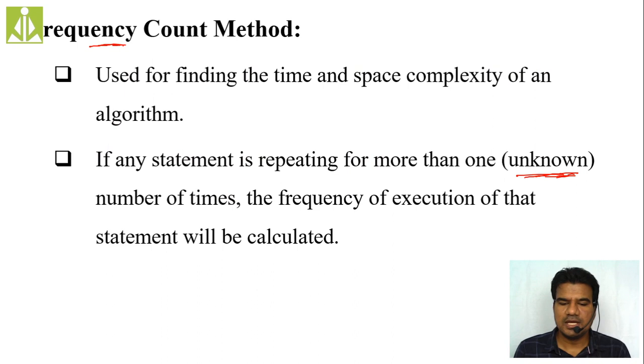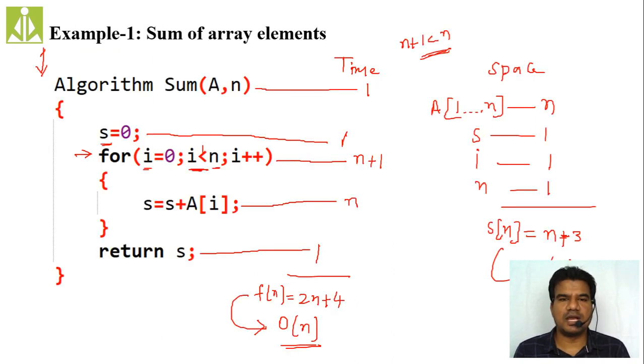If at all you are using normal variables, the space complexity will become order of 1 only, because we are not using any linear data structure, only simple variables. Let us assume if we use only these three, then our space complexity function will be 3, and that 3 will become a constant. So if we got a constant as the space complexity function, then our order will become order of 1 only.